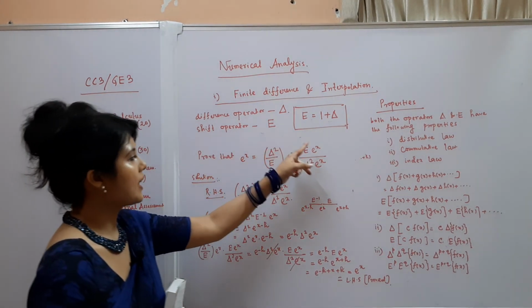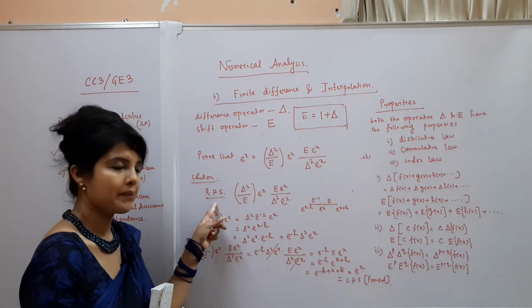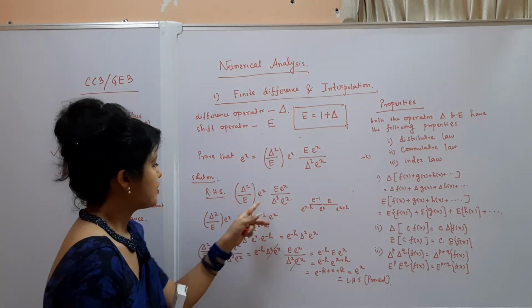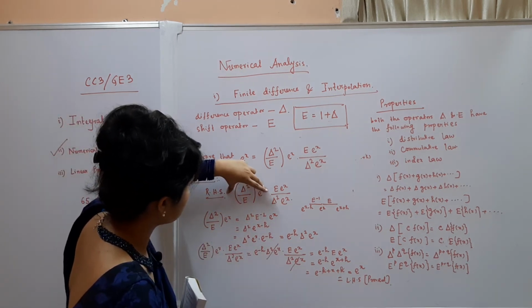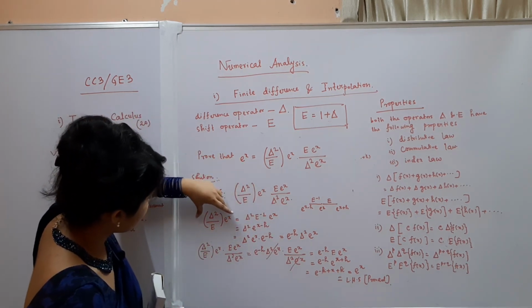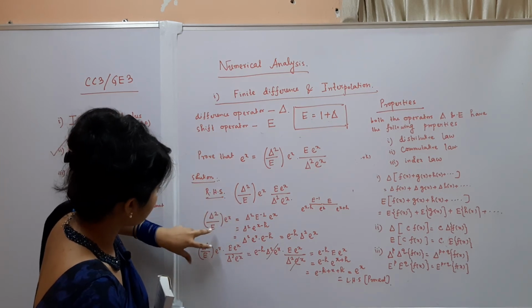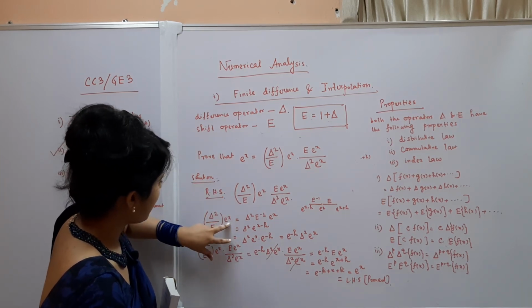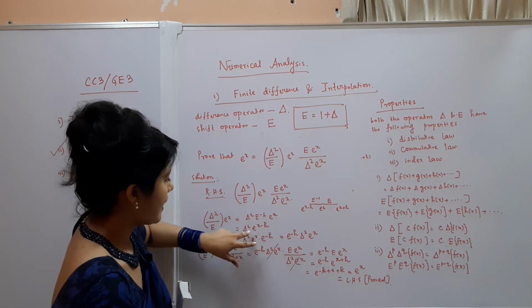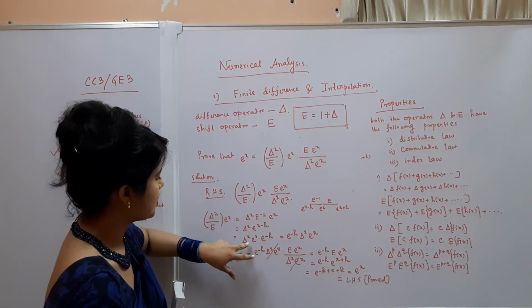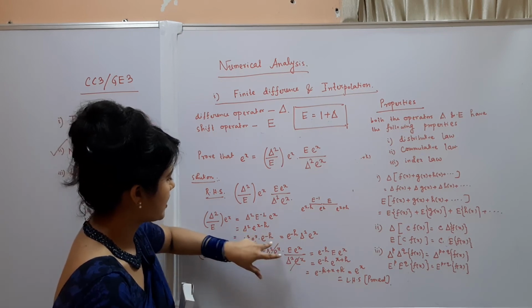So the problem was like that. I have started from the right hand side. Okay. So this right hand side, I have first computed this portion. So therefore delta square by e to the power x. So this by e can be converted to e inverse, and therefore e to the power x minus h, and this portion is the constant.